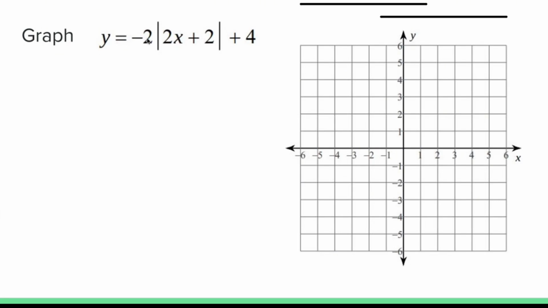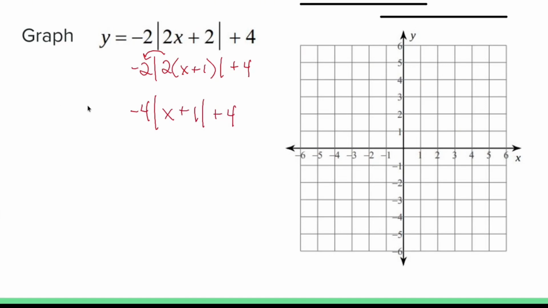One of the things that we're allowed to do with absolute values that you're not really supposed to do, but you are allowed to do, is I notice some magic happening inside the absolute value. I'm allowed to factor that 2 out, and I'm allowed to bring out the positive version of that number. So I can bring out positive 2, making this -4 times the absolute value of x plus 1, close it,